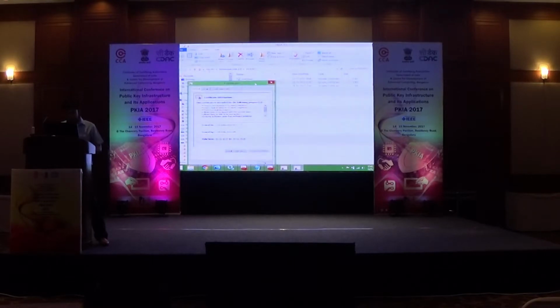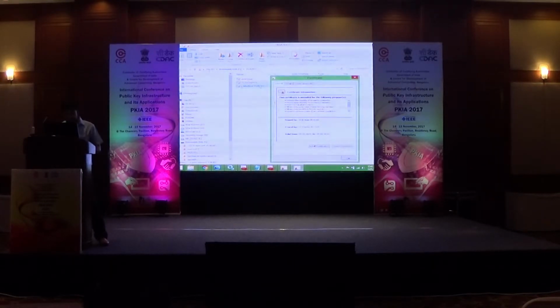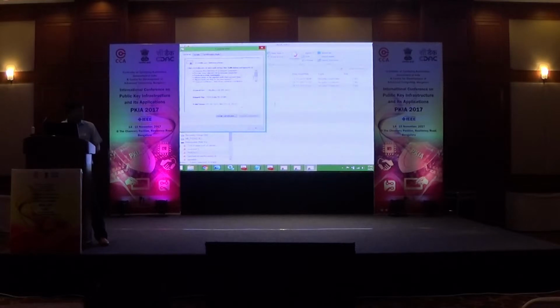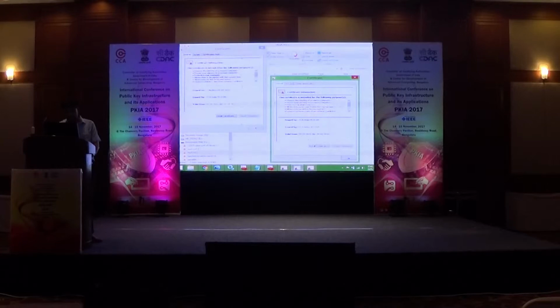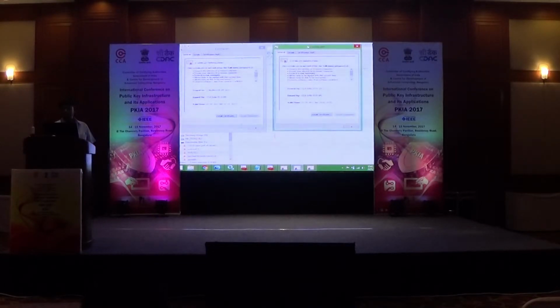This is one certificate. This is how an X.509 certificate looks. I'm sure many of you would have seen this. This certificate is our CCA India certificate. This is a self-signed certificate, and if you see the details,